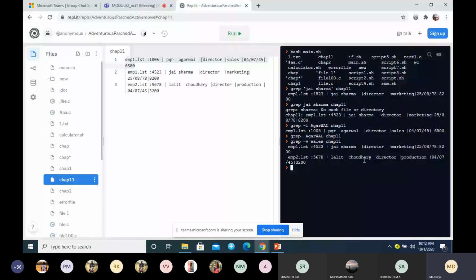Moving on to the third option, minus n. You have to tell me what this is for. Grep minus n marketing. So what does minus n give you?